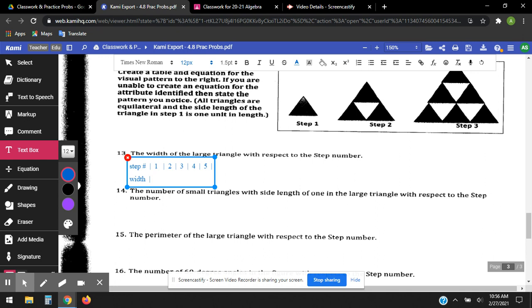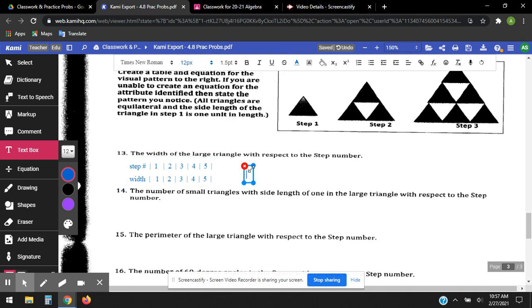So the width. The width is 1 when we go across, right? Because step 1, 1 triangle across. Step 2 is 2 triangles across. Okay. Step 3 looks like we have 3 triangles across. I guess we don't need to go too much further. We don't have any more options on there. So I'm going to guess that 4 is 4 across and 5 is going to be 5 across,